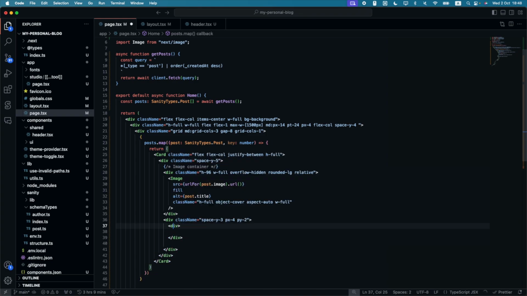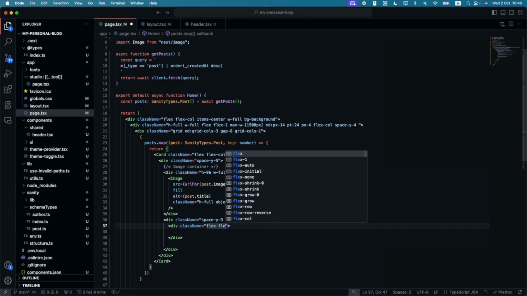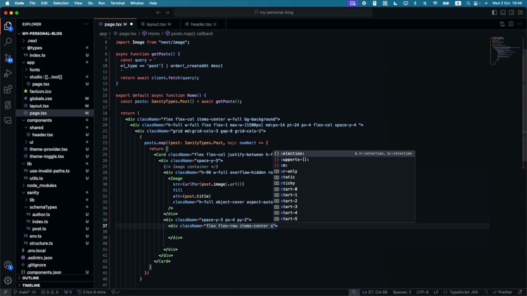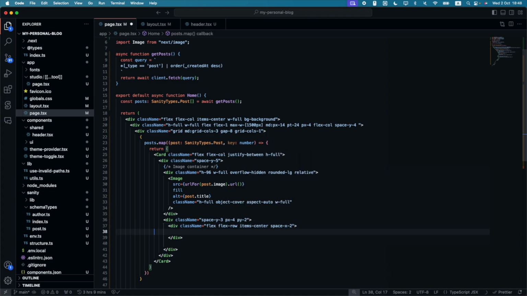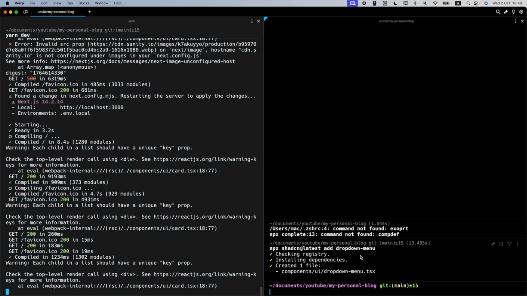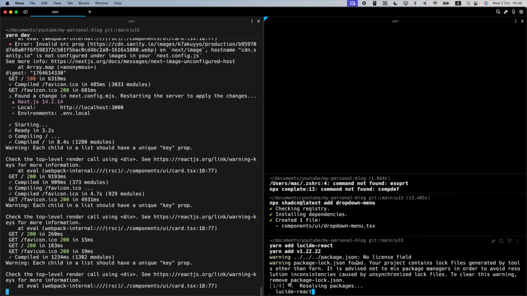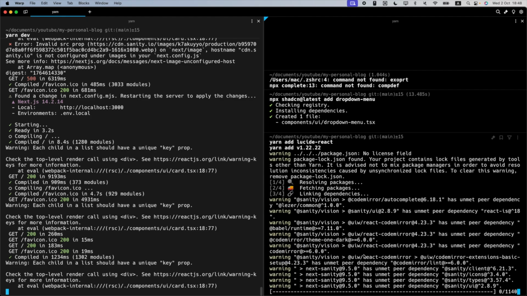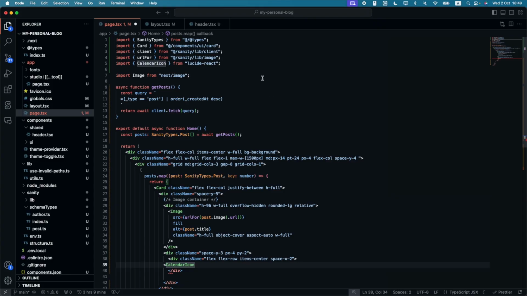Div, class flex row items center space x-2, and a calendar icon. Actually, let's install Lucide React. So yarn add lucide-react, and this is just an amazing icon library. Sweet. So if we just import the calendar icon,